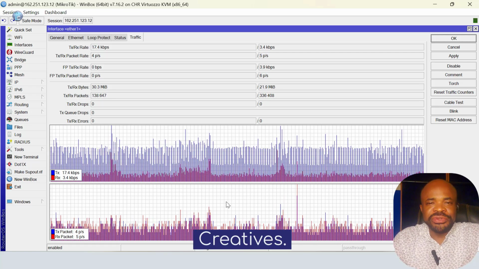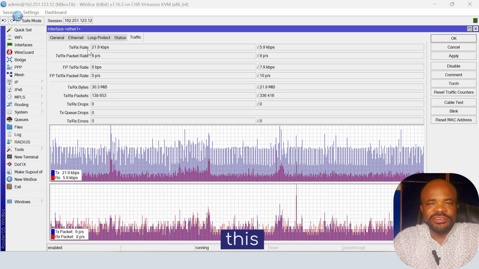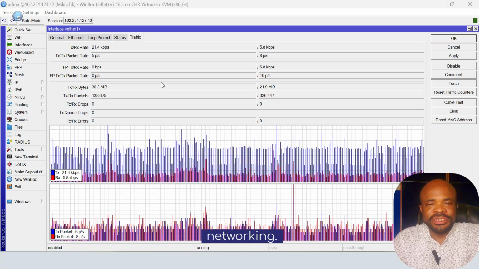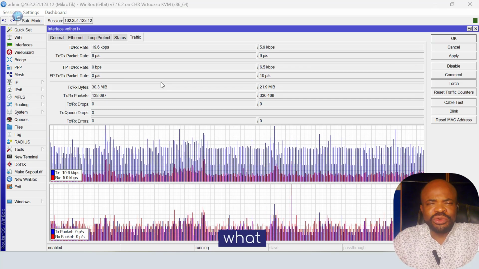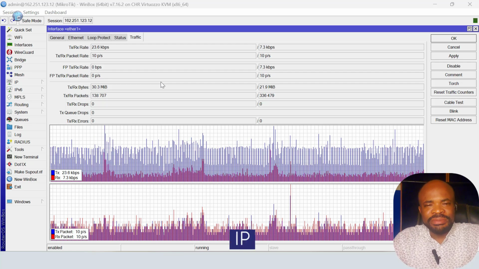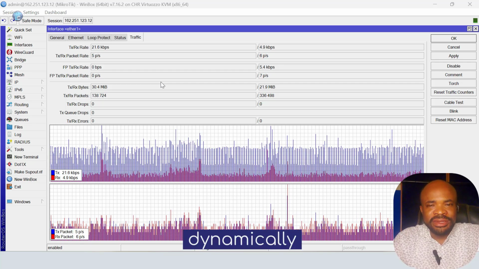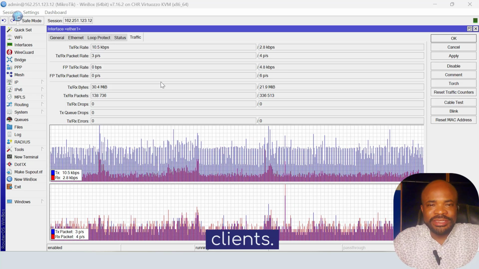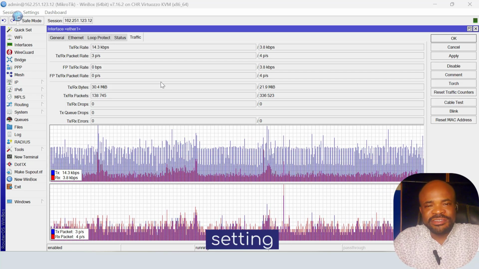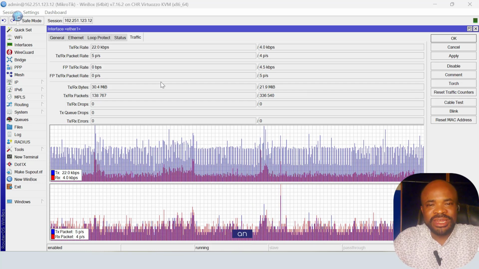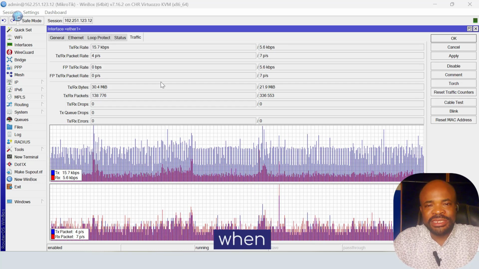In this lesson, we'll explore IP pools, an essential concept in networking. So what are IP pools? An IP pool is a range of IP addresses from which MikroTik dynamically assigns IPs to clients. Instead of manually setting static IPs, an IP pool allows devices to receive an available IP automatically when they connect